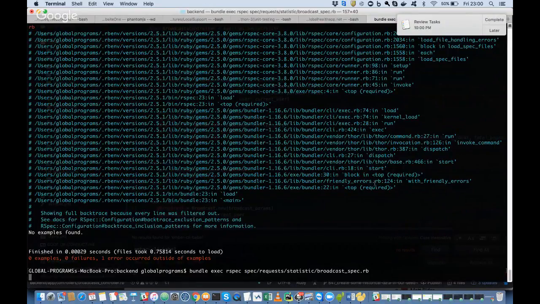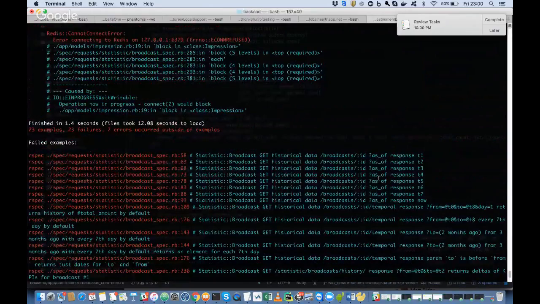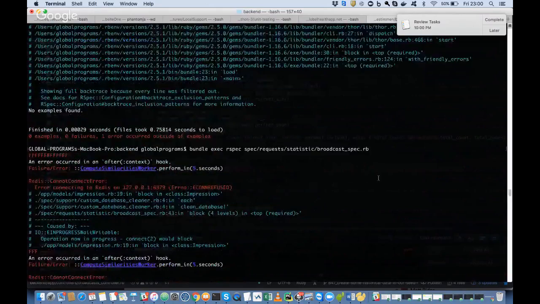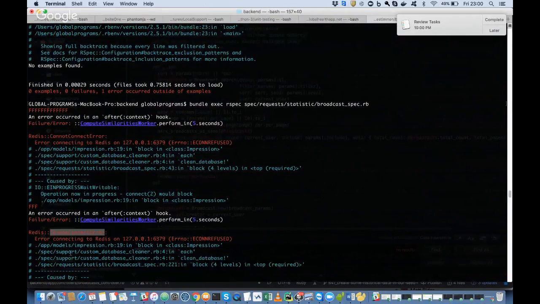Seems like it. Seems like it. Well, that's good. Although you do have everything failing, which is interesting, because we assume those shouldn't be failing, right? Yeah. So why is it failing? I don't know. Cannot connect. It's something with Redis.